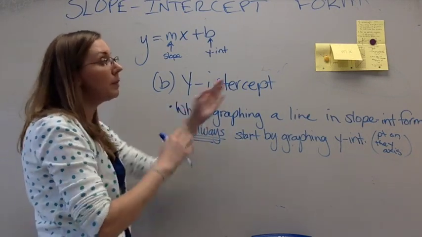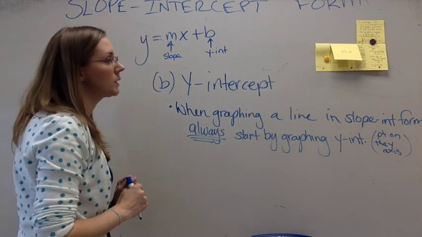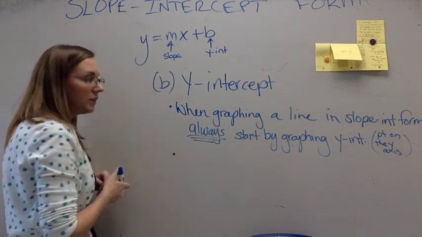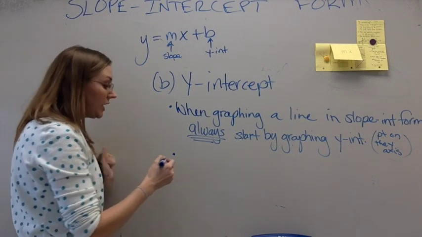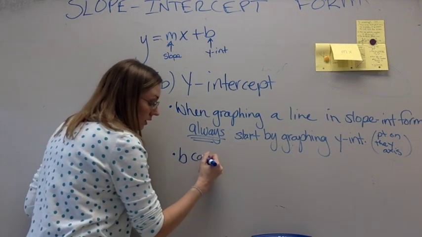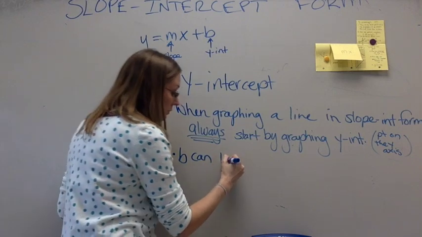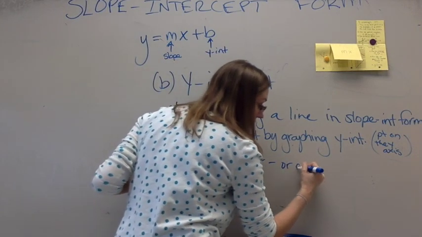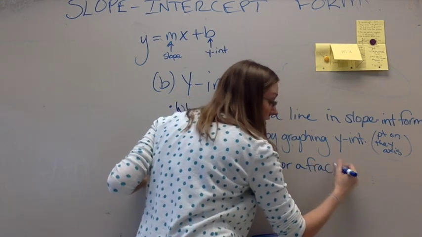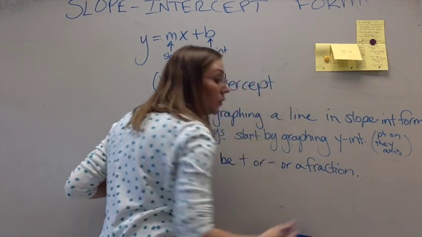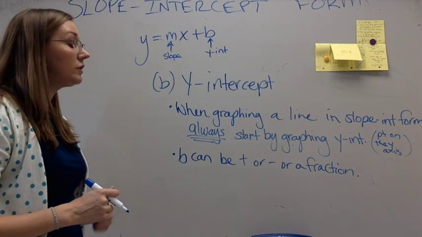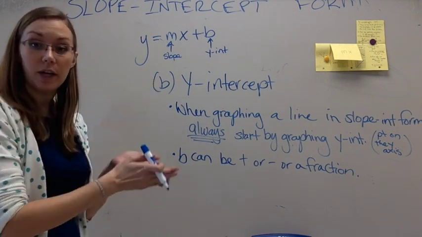Okay. And we're going to talk more about graphing right after we finish our notes for this. The second thing that you need to know for this is that our y-intercept, okay, our b value, can be positive or negative or a fraction, okay? It doesn't have to be anything special. It could really be any sort of rational number that's going to work out, okay? If they give it to you, that's where you graph it. It's just where it's going to hit the y-axis,